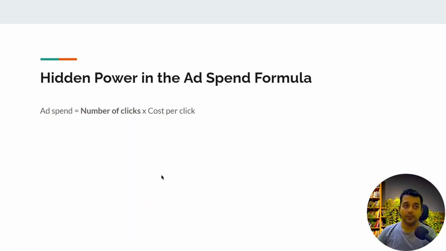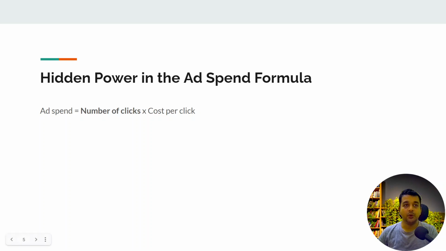The number of clicks can be reduced by bringing only relevant people to your store or your site. This means that you need to show your ads to the right people. Now, in Google search ad campaigns, there is usually no mechanism where you can choose the right type of audience for your ads. So unlike Facebook, we cannot work on that.